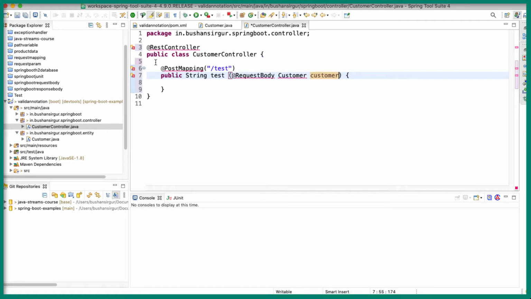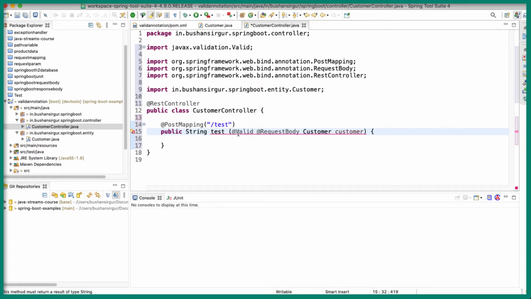Inside this we have to validate this Customer. Before we bind the JSON data to this Customer object, we have to validate whether the user is passing the name and the location. In order to validate that, just before the entity name, right after the @RequestBody annotation, we are going to use the @Valid annotation. Let's import this. We have imported the @Valid annotation as well as the @RequestBody annotation. Now let's simply return success.